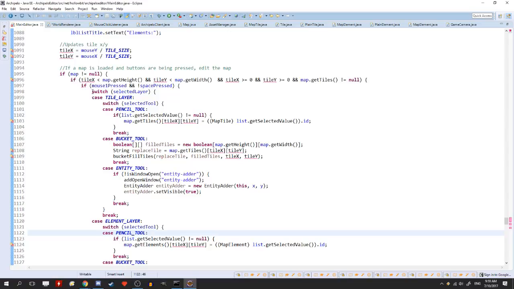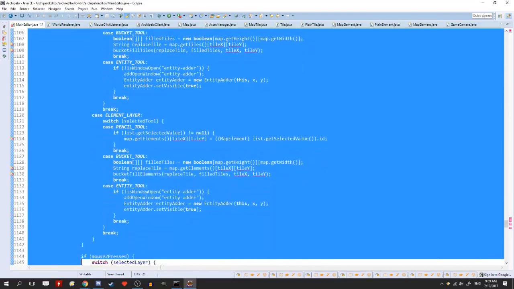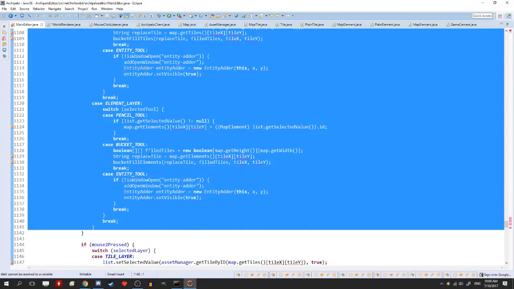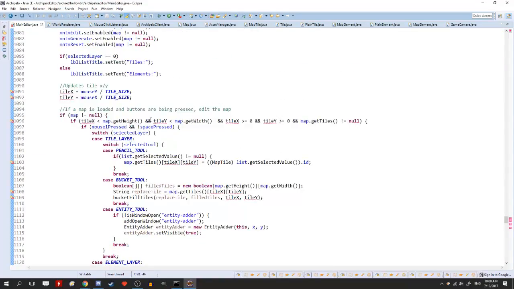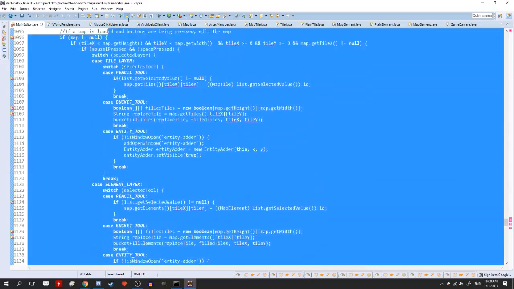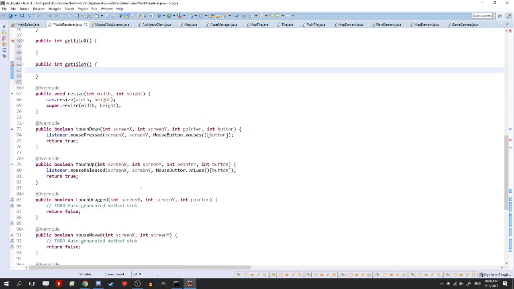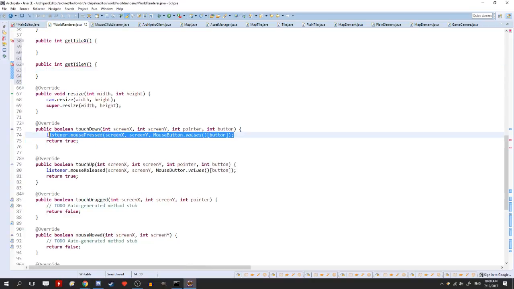Okay, so you do things depending on what the tool is. So let's just copy this here. Wait a second. This links with that one, so copy this. Okay, so basically, so in here we're going to do if